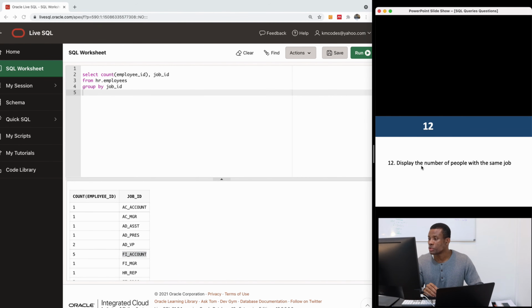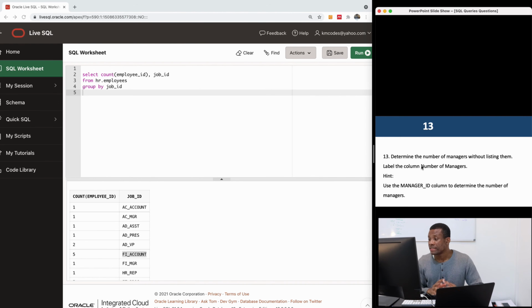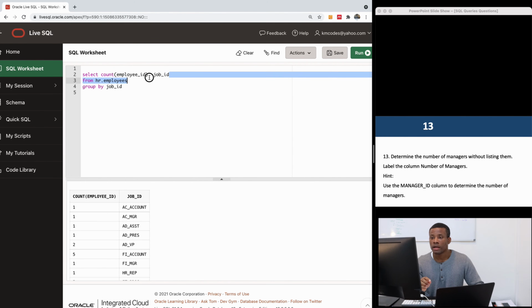I'm now moving on to number 13. Determine the number of managers without listing them and label the column number of managers. So how do we do this? We are going to use count employee ID without listing them, right? So we are going to use count. We don't want to list them. Count employee ID